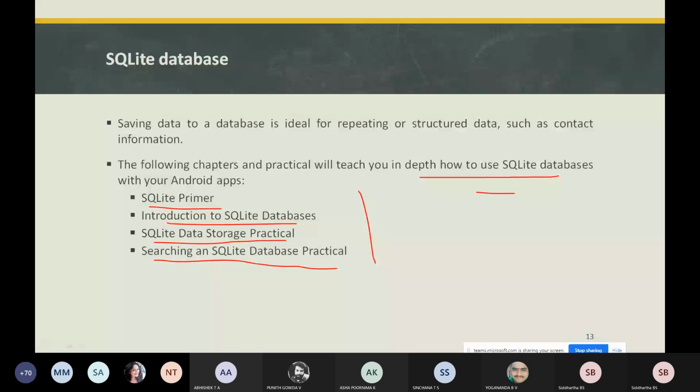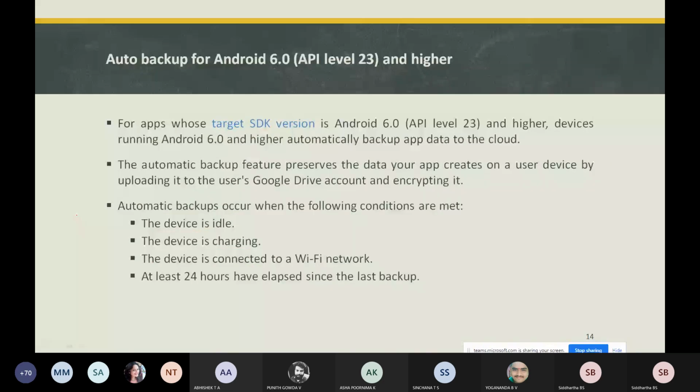Next, before going to the backup, network connection. For storing or retrieving data on web-based services, you can go for a network.